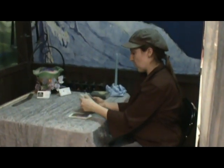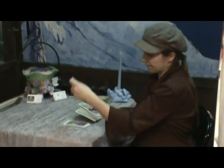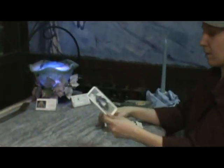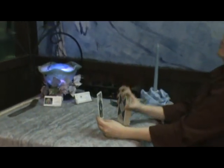So the first thing I generally do is I find a card, one of the court cards, to signify the person that I'm doing the reading for. In this case, one of the first court cards I came across was the King of Swords. So how do you select this? Well,